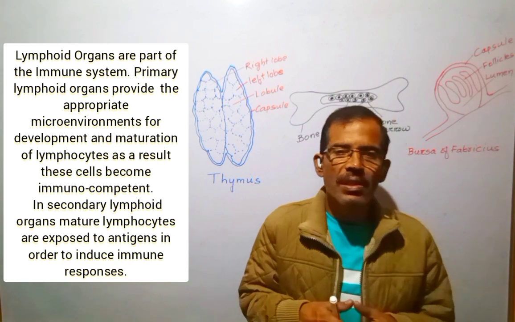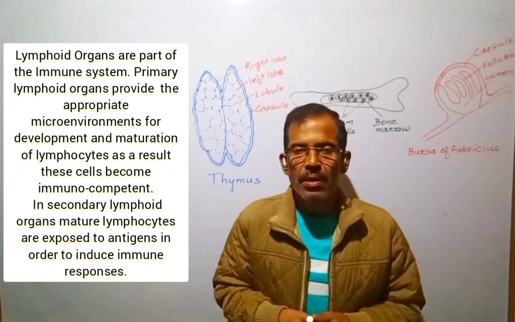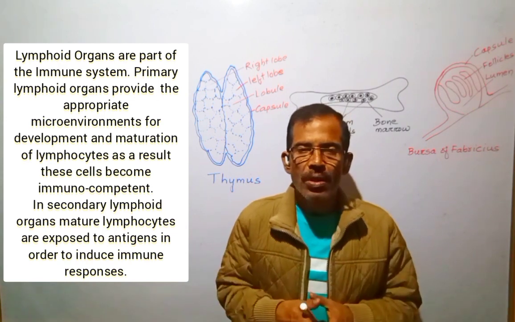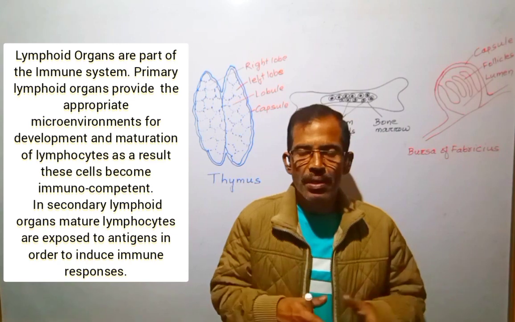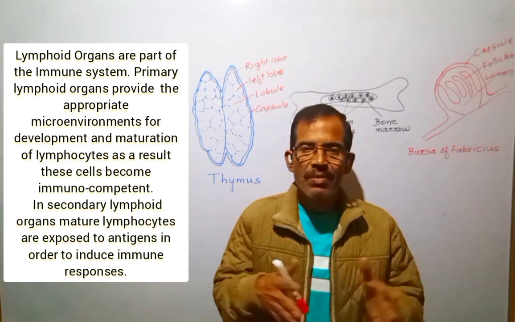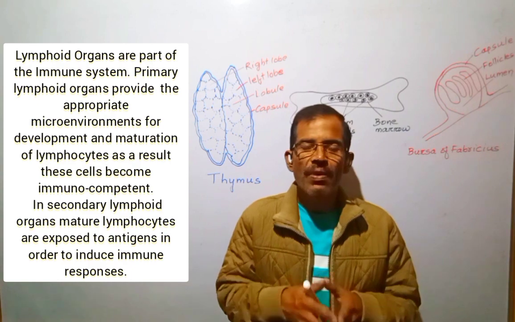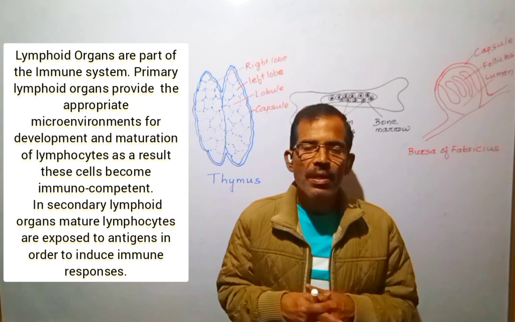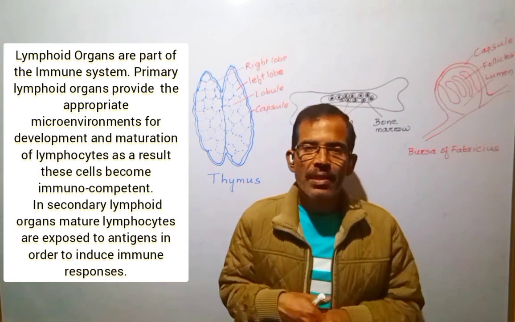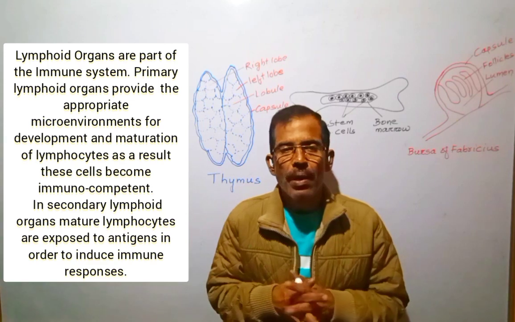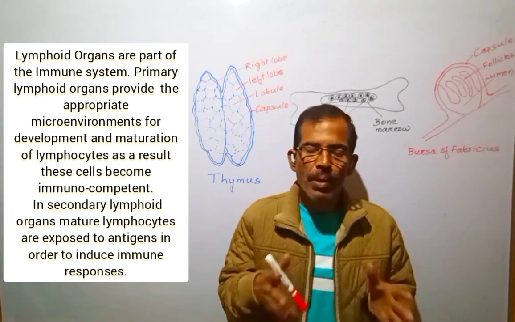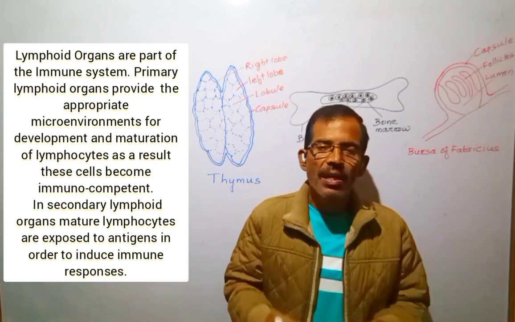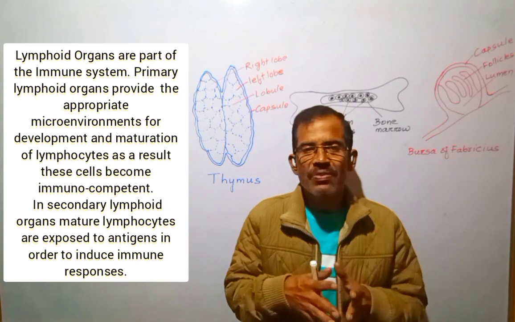Friends, today we shall discuss lymphoid organs. The immune system consists of many organs and tissues which are found throughout the body. These organs, called lymphoid organs, can be classified functionally into two main groups: primary lymphoid organs and secondary lymphoid organs. Primary lymphoid organs such as bone marrow, thymus and bursa fabricius provide the appropriate microenvironments for development